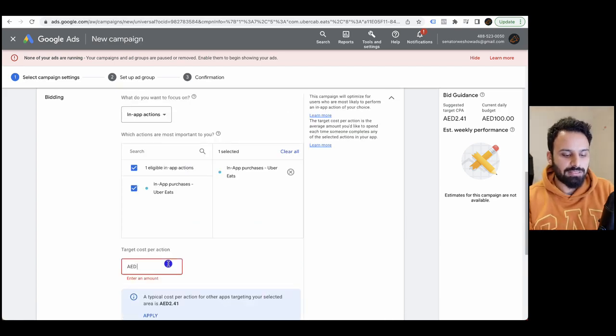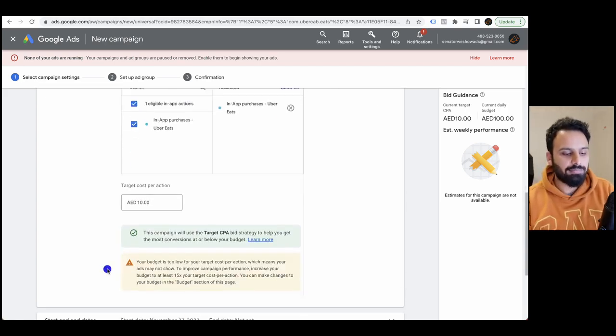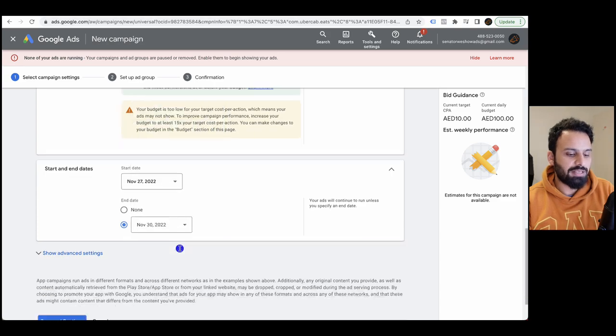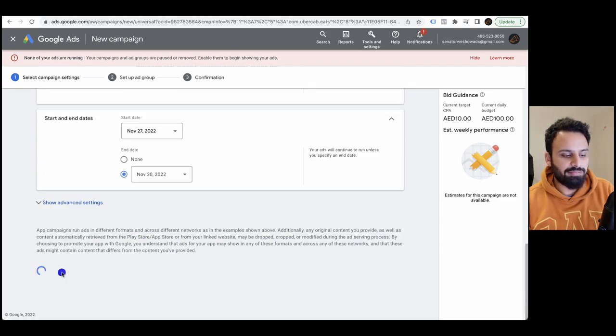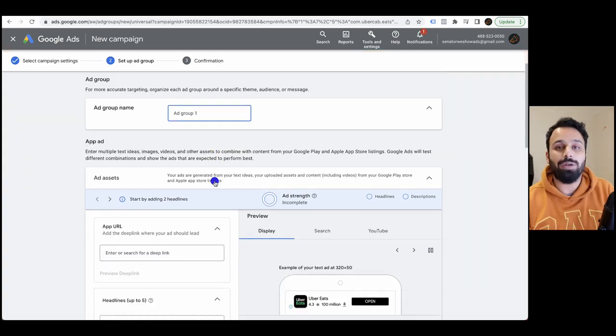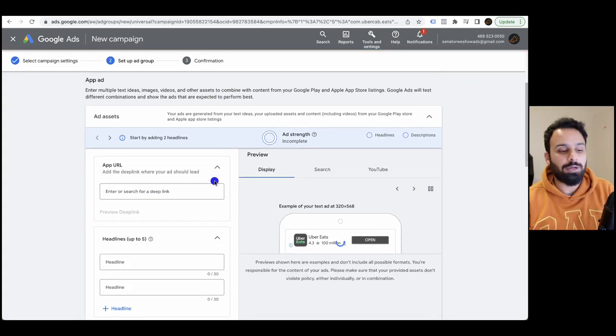In this case, let's say we select 10 dirhams again, and then we have the November start date and end date, whatever you want to select, and then click on save. Okay, now once you click on this, it will take you to the next step, which is the ad group and uploading the actual ads. Just like your